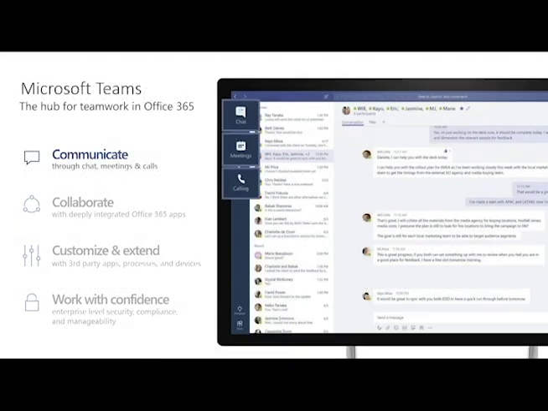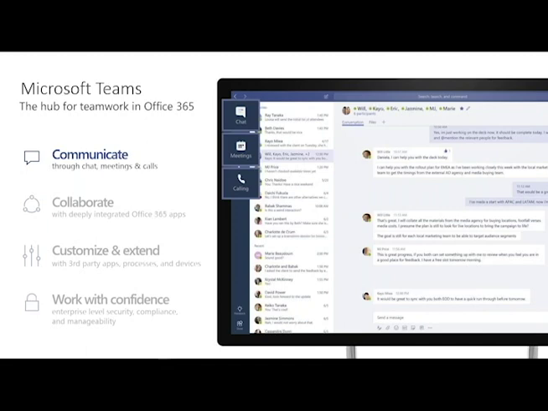So what is Microsoft Teams? It is essentially going to be the hub for teamwork across the Office 365 platform. It is a chat-based workspace that enables teams to be more productive by giving them a single pane of glass and secure location that brings together everything a team needs, including chat, video, calls, files, and tools. It's the one place for all the needs of your teams.